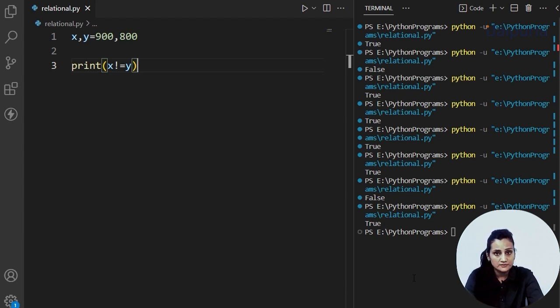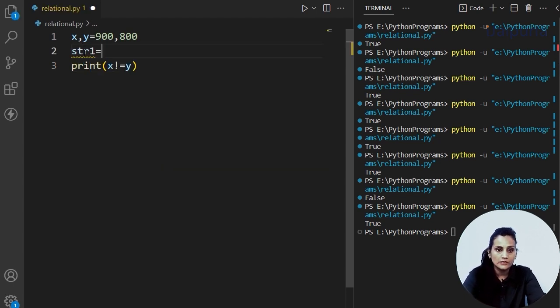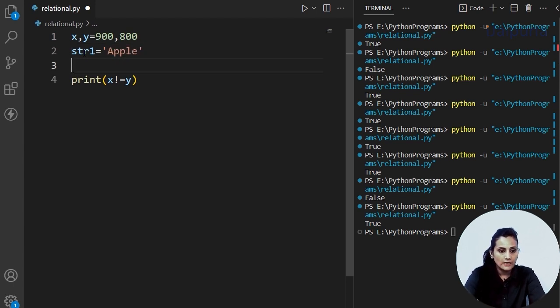How about the strings? So to check that, I'm taking a string here. I'm taking string 1 equal to, for example, a fruit name, and I'm taking string 2 that is equal to another fruit name. Now I want to check whether str1 is greater than str2.